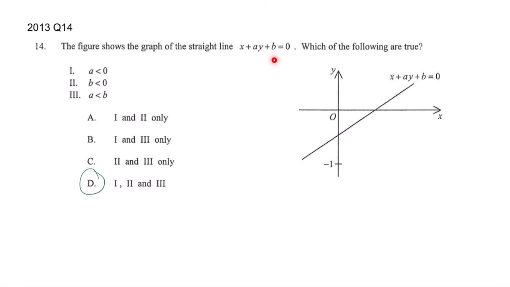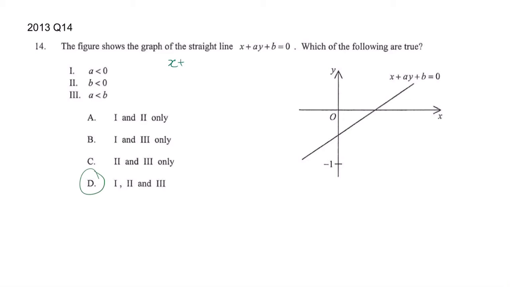Here you are given an equation and then you also have to determine if these unknowns are correct or not. So from the equation and the graph you have to compare both of them. You have a -1 here but then it's not connected, so that means the y-intercept is less than -1, this point to mean, okay? But before we continue with the equation of the straight line, what we have to do is